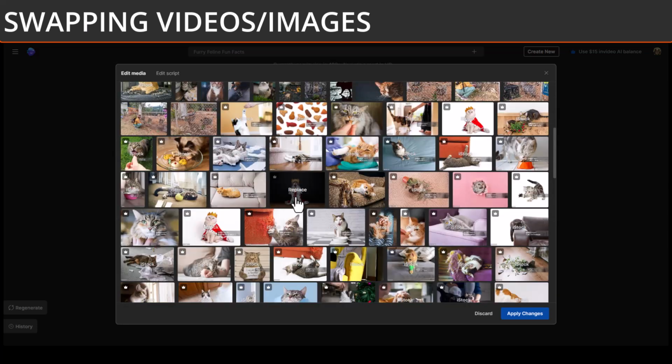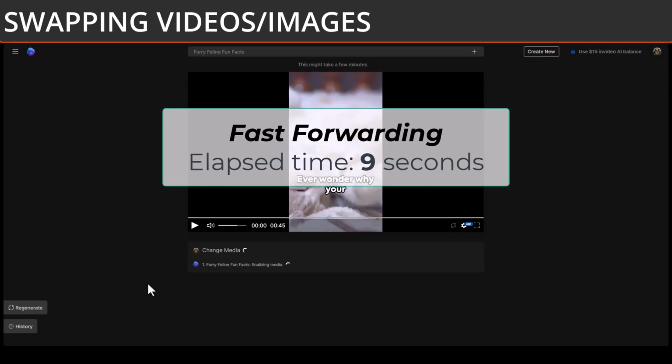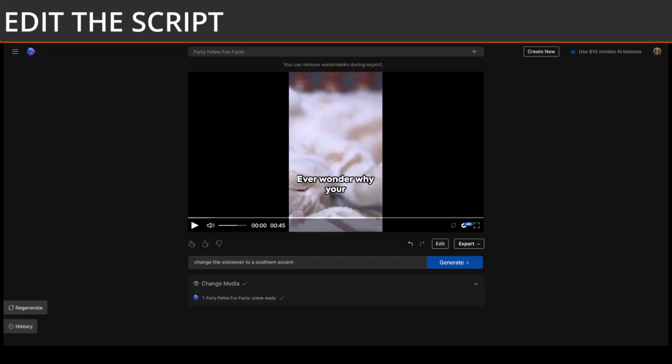Now that we've replaced all the ones we wanted, click Apply Changes. InVideo says it's doing its magic. Now I want to tweak the script a bit. Again, I could use the AI edit box and tell it what to do, but I'm going to do it